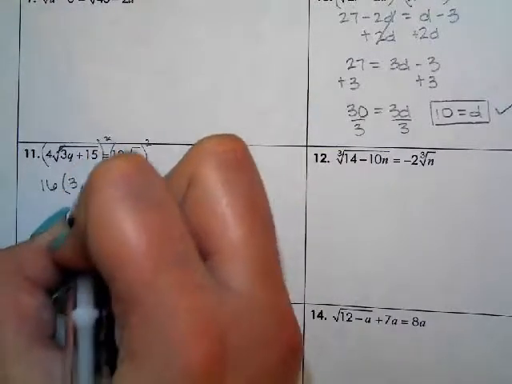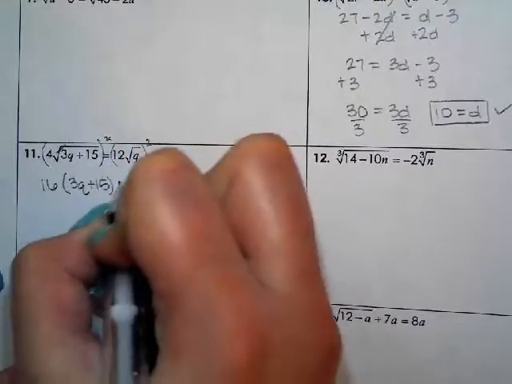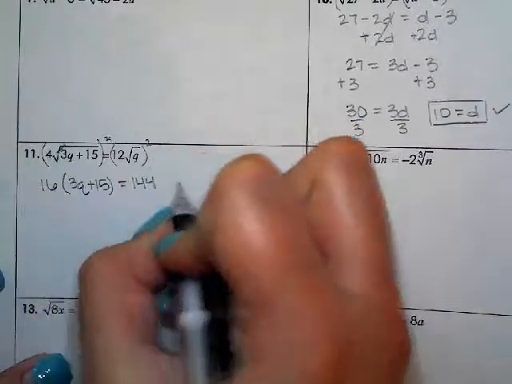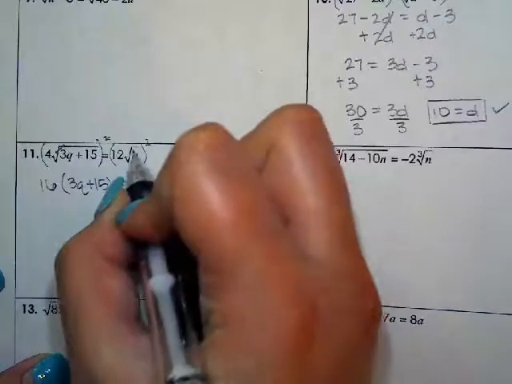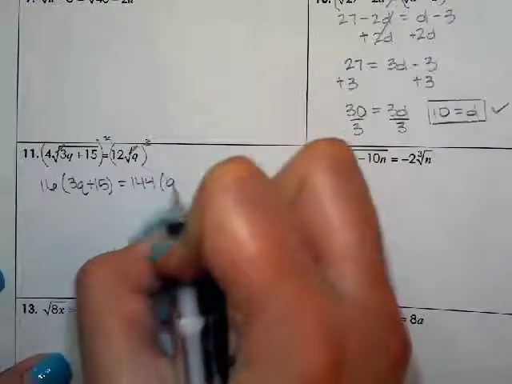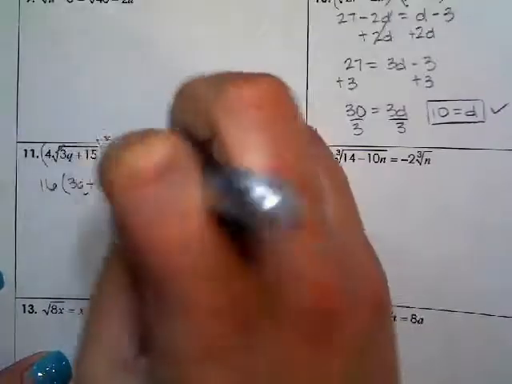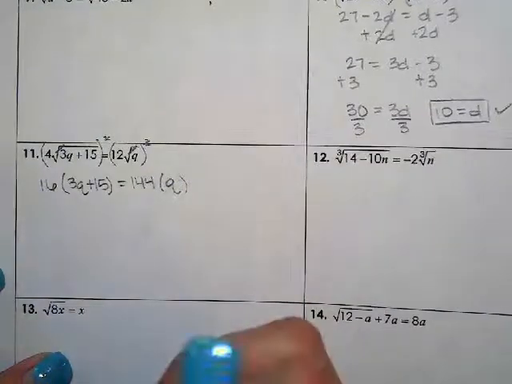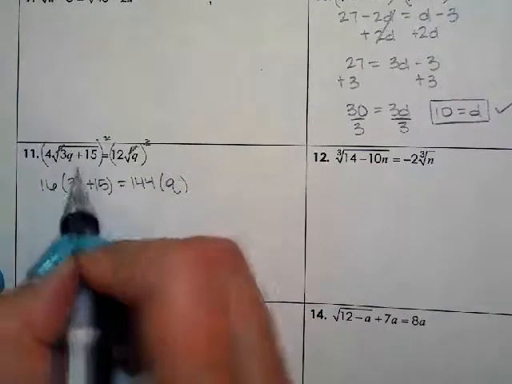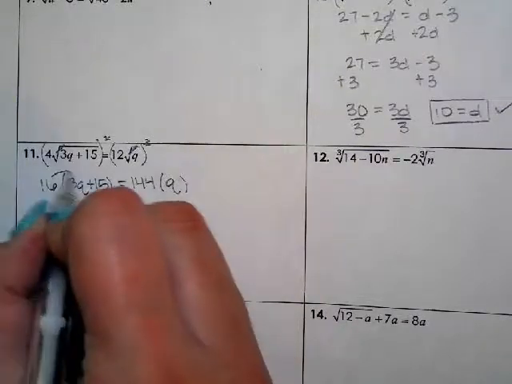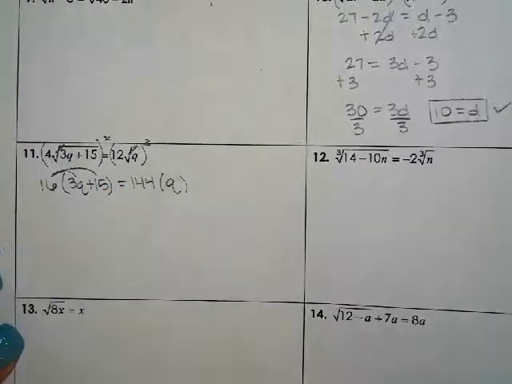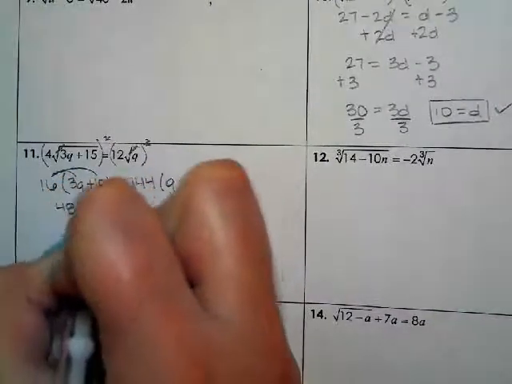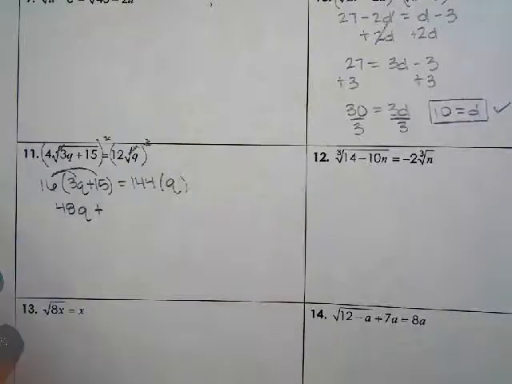On the right side, you can get 12 squared, which is 144, and then you can square the square root and get q squared. Not q squared, just q. Sorry, my bad. Just q. So the square root and the square canceled out. So I'll go ahead and just distribute the 16. So 16 times 3 is 48q plus 16 times 15 is 240. And then that was 144q